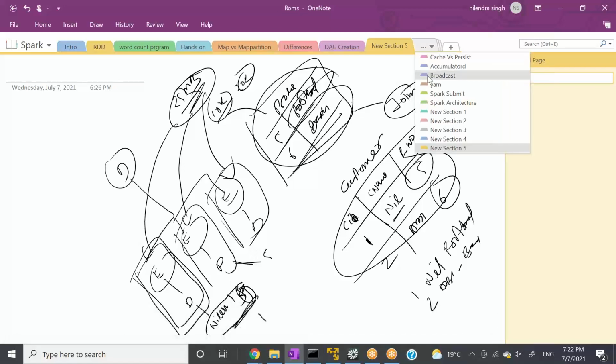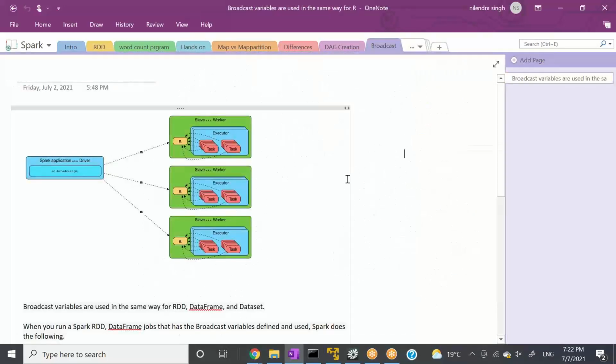So let's go to the broadcast variable. Same thing: you can create a broadcast variable just like we created the accumulator with sc.accumulator. You can say sc.broadcast and give some variable name.